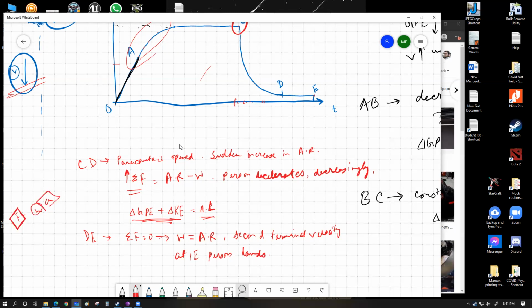So any part of a VT graph should not be perfectly vertical. It might appear vertical, which means it's a large acceleration. But if you really zoom in on the graph, it will definitely start to show you some sort of curve. No part of a VT graph for a realistic object, for a realistic scenario, should be vertical, because that is not possible. Although it appears to be vertical over here, because what I'm trying to show you over here is